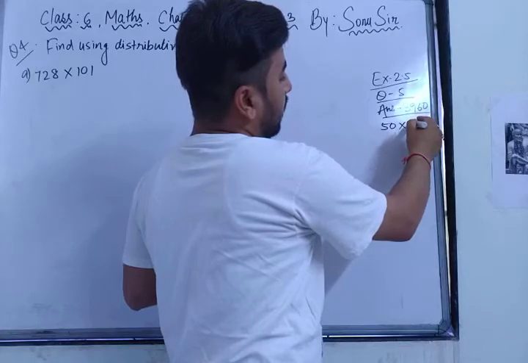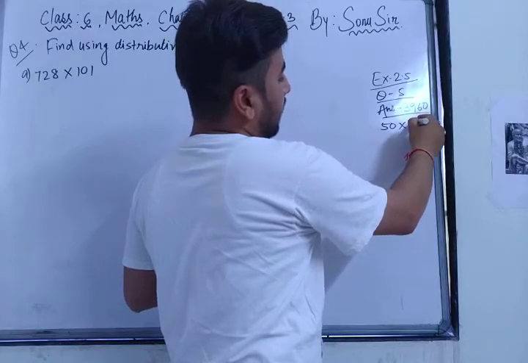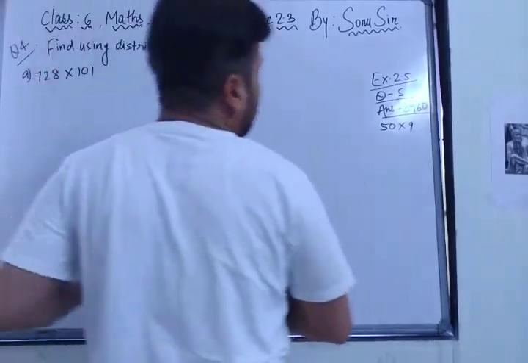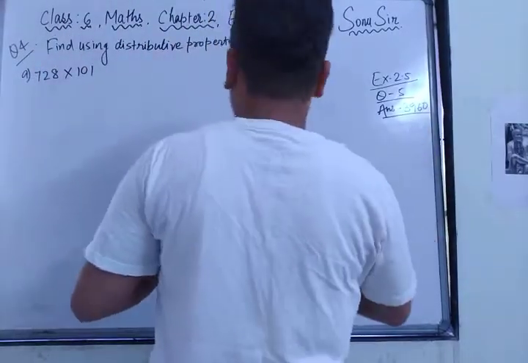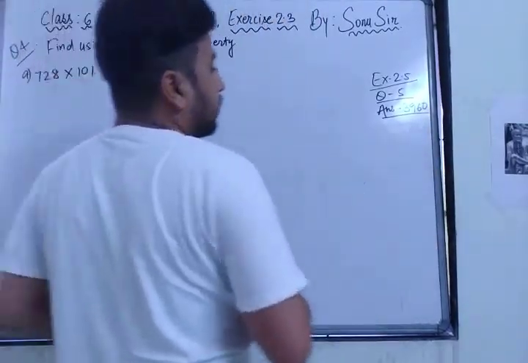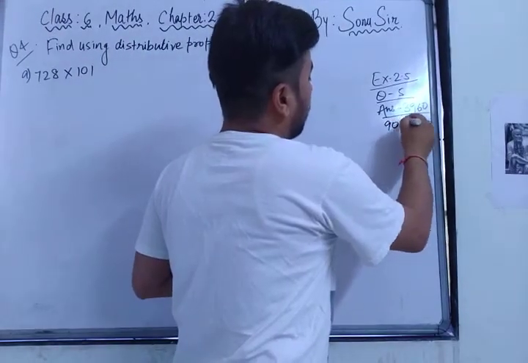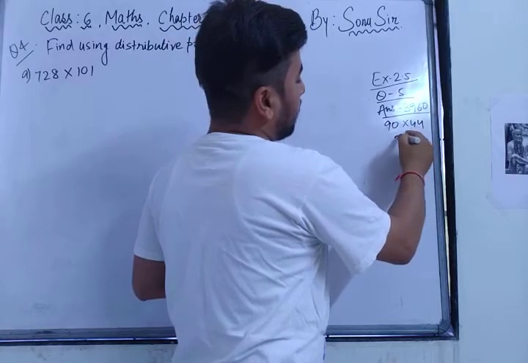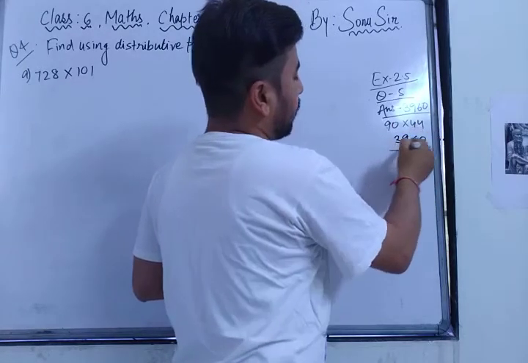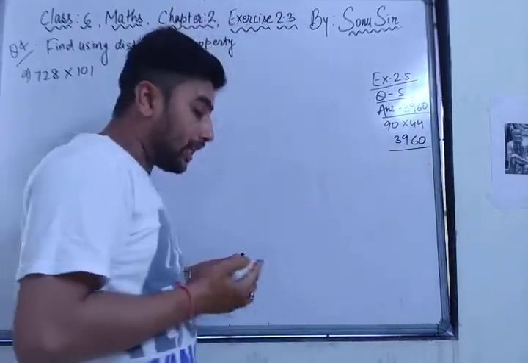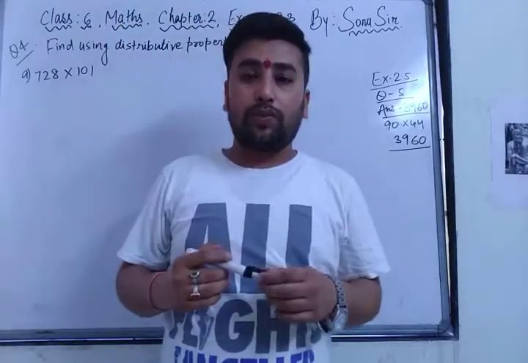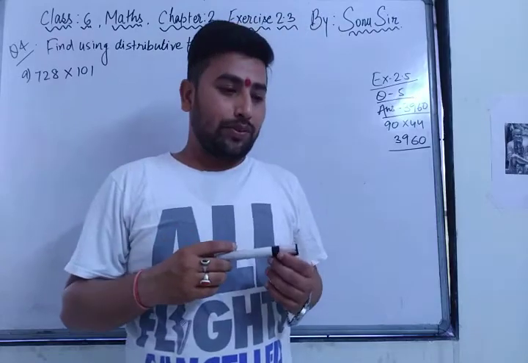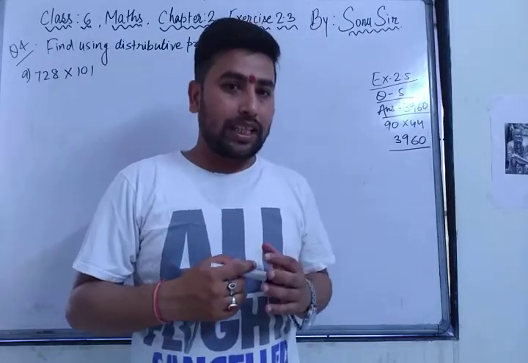The cost was 44 rupees, right? So 90 into 44, that was the answer. 9 4s are 36, and 3, 3960. Instead of 3960 I had written 4060. So first of all I am sorry for that, and thank you very much sir for your wonderful suggestion. That's how all the students can get the right answer.